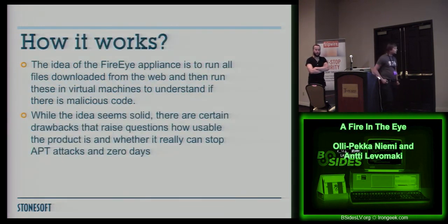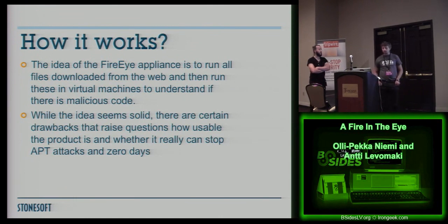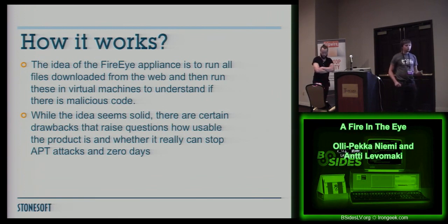So how does it work? The idea of the FireEye appliance is to run all the files downloaded from the web in a virtual machine, and by running those files there, you actually understand that the file contains malicious code. In this case, we also consider web pages to be files. So how FireEye actually runs web pages is it runs the browser in the virtual machine and injects the same web pages that the original downloading client will get, and then sees what happens there. So while the idea is pretty solid, there are still lots of drawbacks and